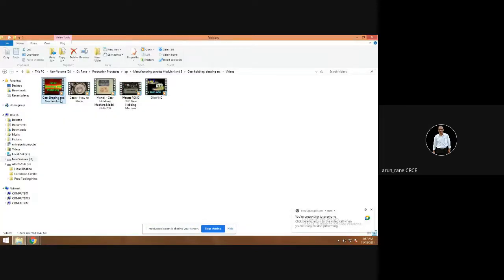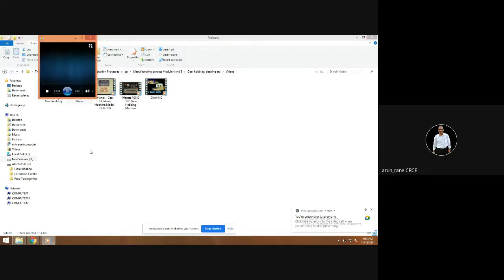You'll come to know slowly what is cluster gear. Cluster gear means, you might be knowing gearbox, that is synchronous gearbox or simple gearbox, in which you have gears which are mounted side by side. There is very less gap between two gears. So in that case, you have to go for gear shaping only.